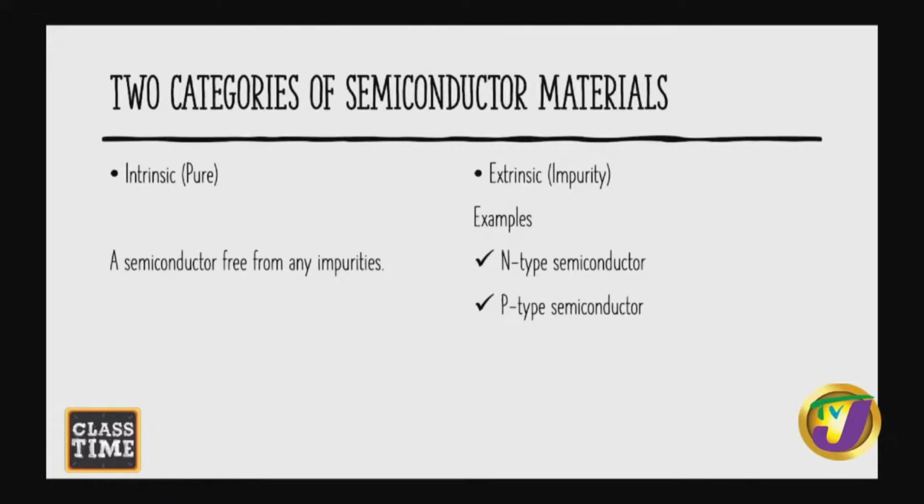Now, students, it is very important that you take note of these definitions. An intrinsic semiconductor material is a pure semiconductor. That means it is only made up of silicon, or only made up of germanium, so it is free from any impurities. But we're going to realize that there are challenges with it. It is not workable. We're going to be realizing that as we go along. So as a result, it moves us to our extrinsic